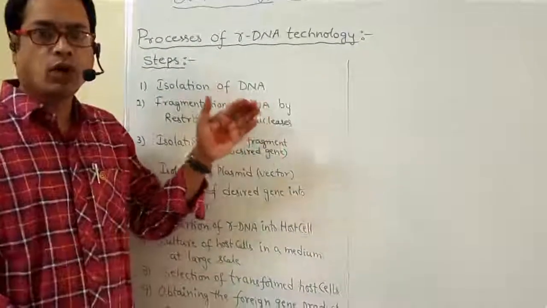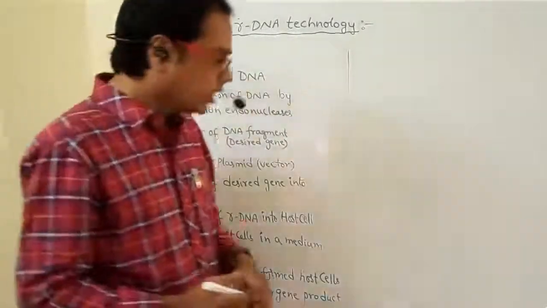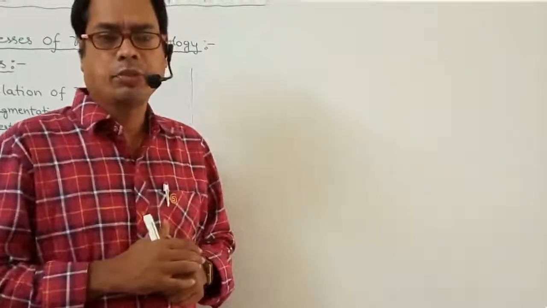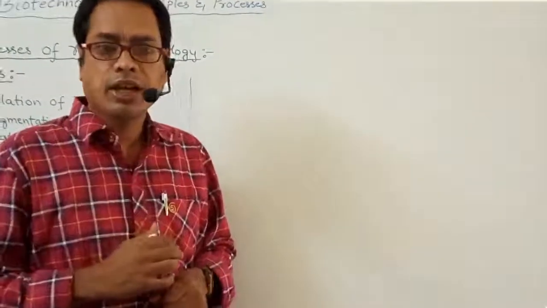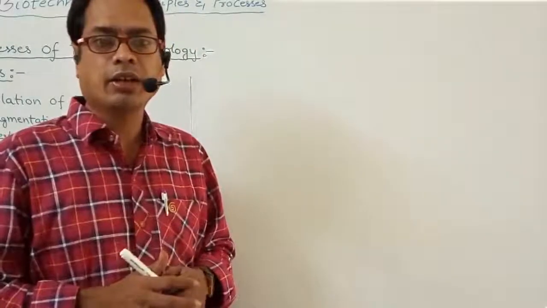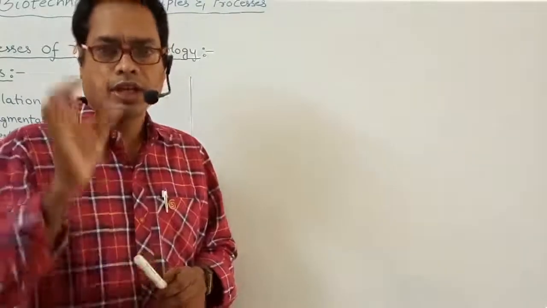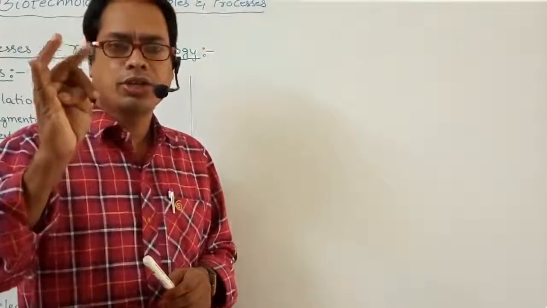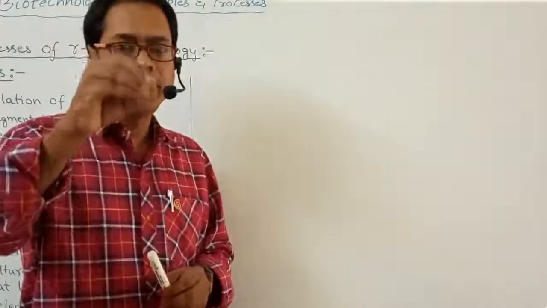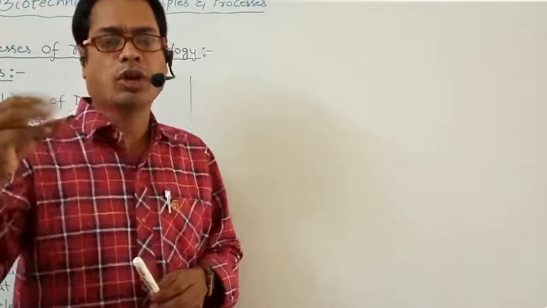You want to study one by one. First one is isolation of DNA. First of all, we have to isolate the DNA. That means inside the cell where the DNA is present, that is inside the nucleus, where the chromosomes are. Eukaryotic chromatin contains DNA, RNA, histone proteins and non-histone proteins. The DNA present on chromatin should be isolated.